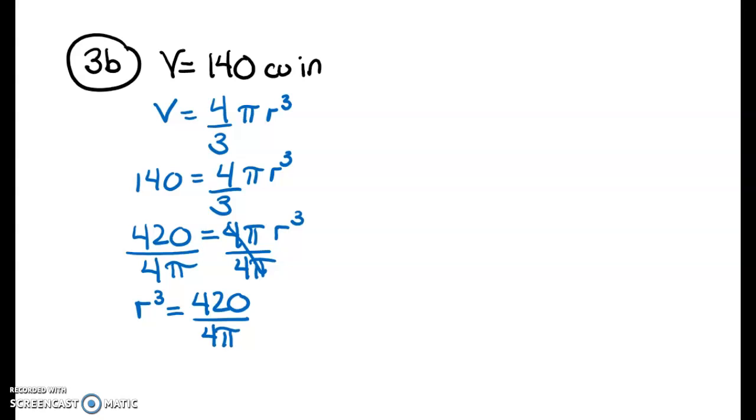Okay, 420 divided by, in parentheses, 4 times pi. I get approximately 33.423. So my radius is going to be, let's see, 33.423 raised to the 1 divided by 3 power, 3.22. And now